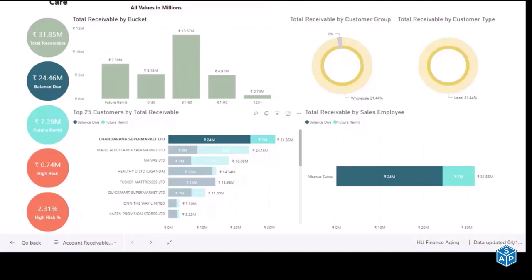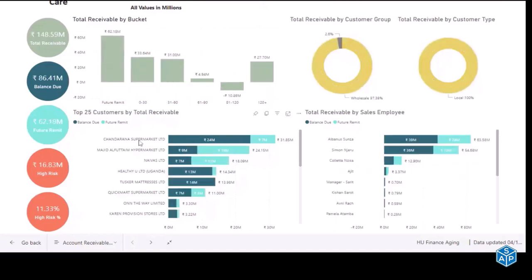From 91 and above, it is just 0.74 million. So my high risk is 2.31% only. I might not worry about this and worry about it later, but I have overdue of 31.85 in total for this customer. To the right, I am showing two donut charts which display the total receivables by customer group, that is wholesale and